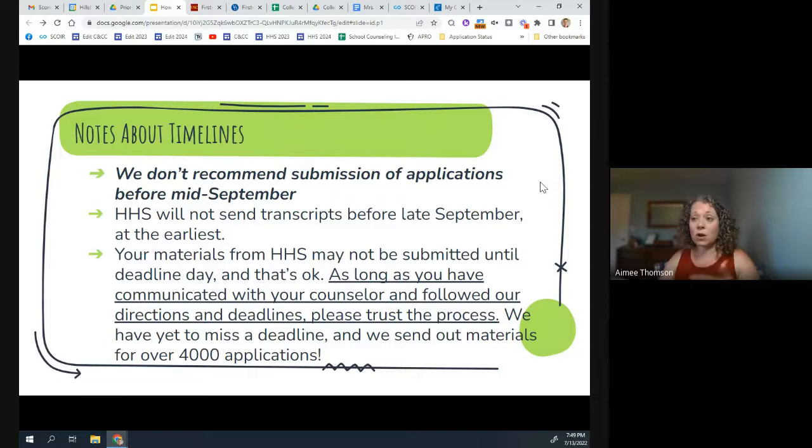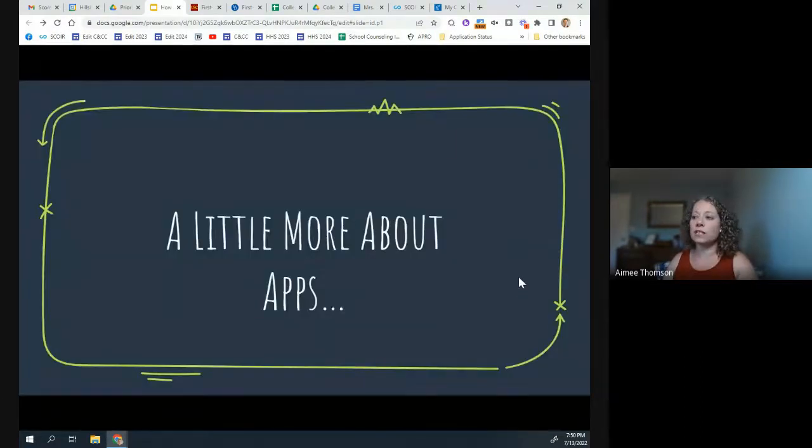Also, we're not able to start sending your transcript out until after ad drop. So that is a mid to late September timeframe when we will start sending your transcript out. That is because, again, every time you make a change, we have to send another transcript out. And let's be honest, with the number of changes that are happening and the number of students that each counselor has, that scheduling stuff has to happen first before we can shift gears to the college application process portion of our jobs, or at least everybody else's. Mine, it's my whole job, but everybody else has to get the other stuff done first before they can switch to it. And again, as long as you've done what you need to do, we're going to get things out on time.